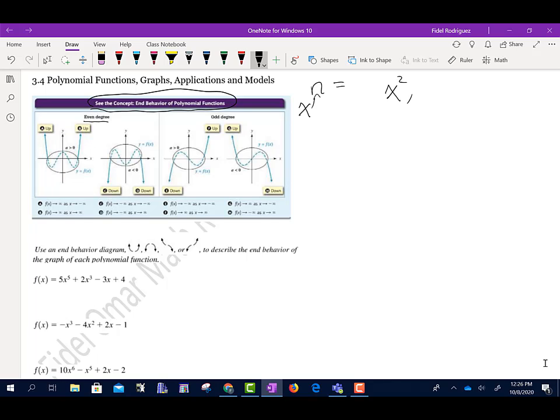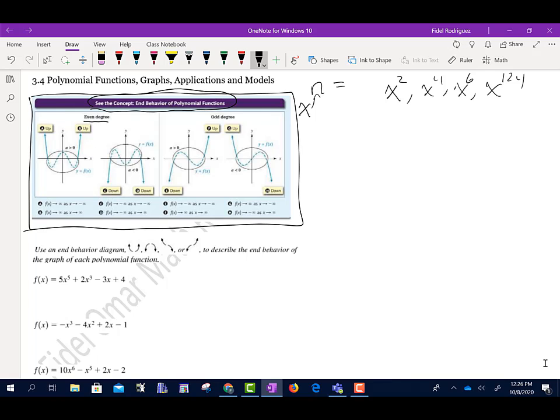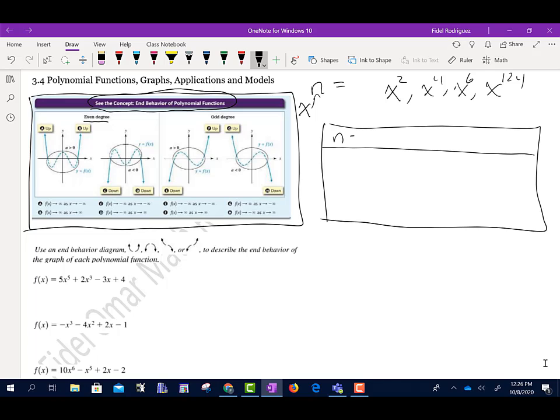So we'll be looking at x squared, x to the fourth, x to the sixth, x to the 124, something like that. The highest power is going to be even. Okay, so we have this information here in this kind of graph, or whatever you want to call it. I'd like to make a chart. It's going to look something like this, and we're going to say what happens when n is even, and what happens when n is odd,